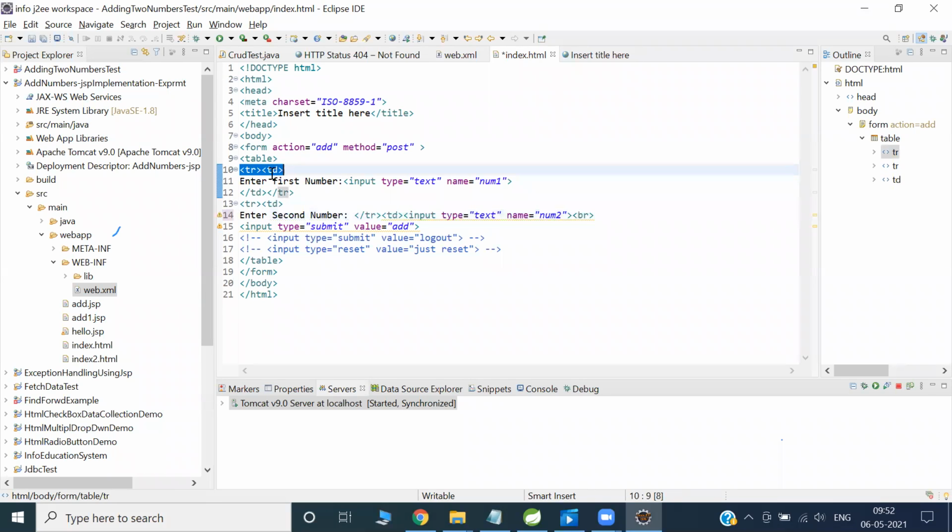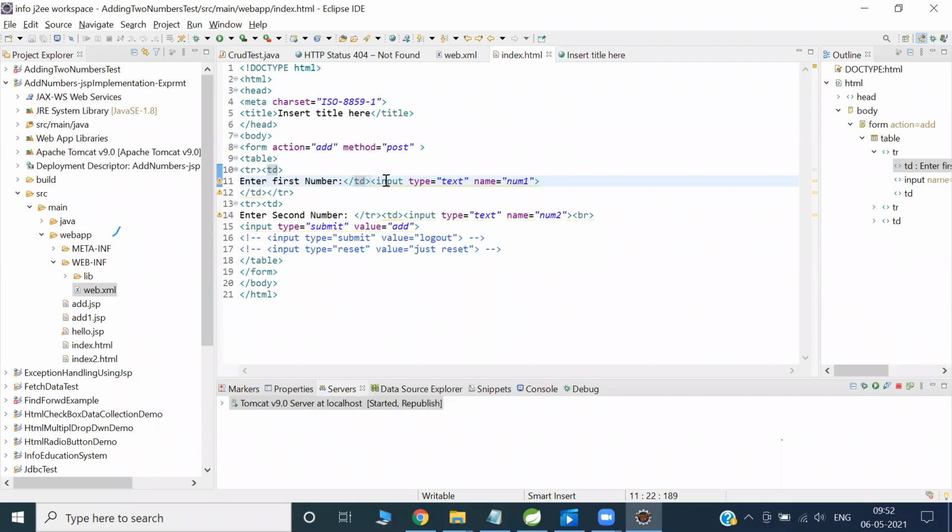My first TR starts, TD. I'm completing TD here. Vijay, can you help me now? Just check whether I'm missing something.